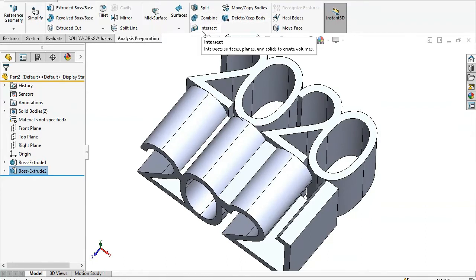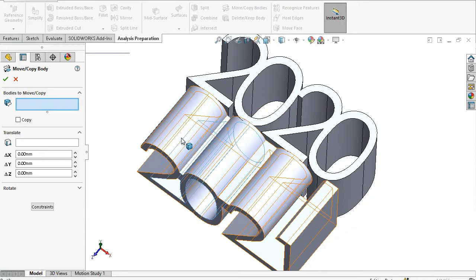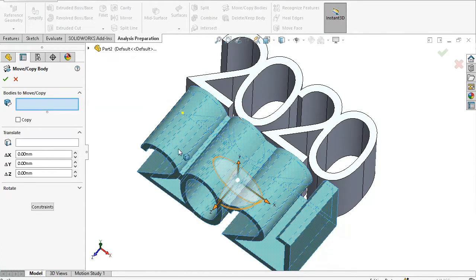Go in Analysis Preparation and select Move Copy Bodies. Move one body to another.